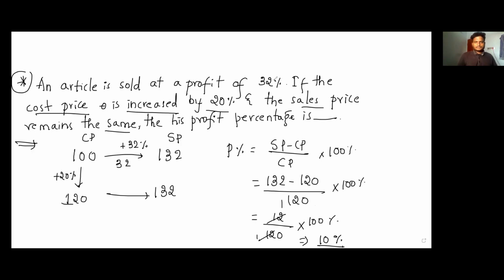Okay. Let's solve one more different kind of sum. Solve this. If an article is sold at a profit of 6%